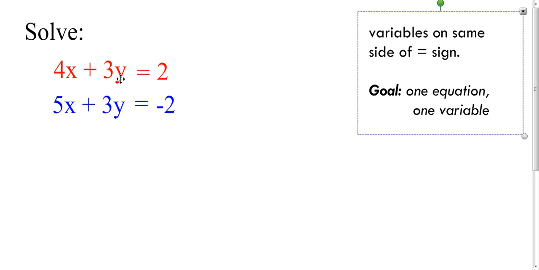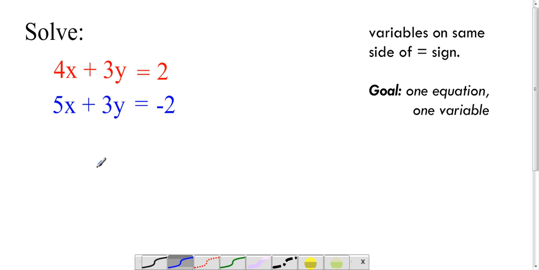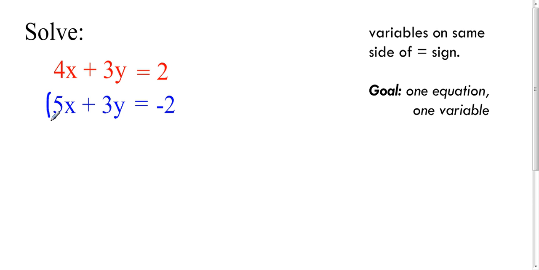So you ask yourself, which variables are easier to get rid of? The x's, are they close enough? No. The y's, are they close enough? Well, they are the same. I want them the opposite. Well, how do I get them to be the opposite? Easy, multiplying through by -1. So I'm going to put parentheses around here. As long as you do the same thing to both sides, remember, it's perfectly legal. So there's -1. So these two equations now become